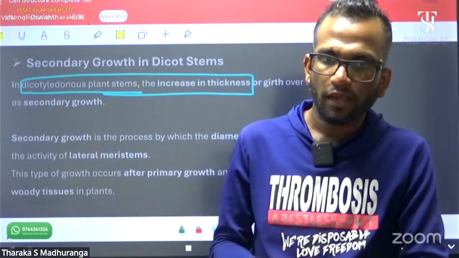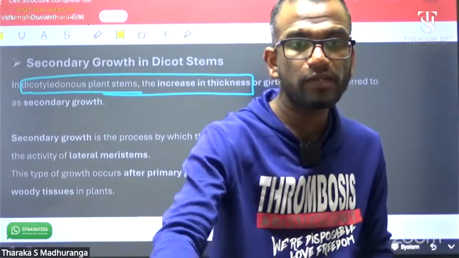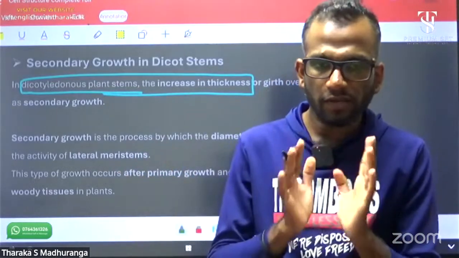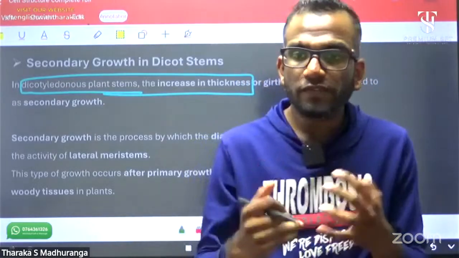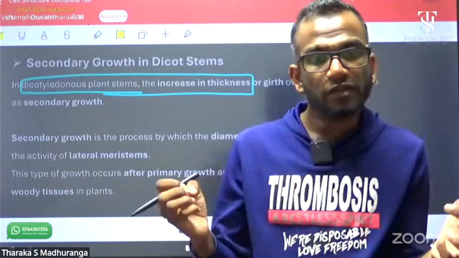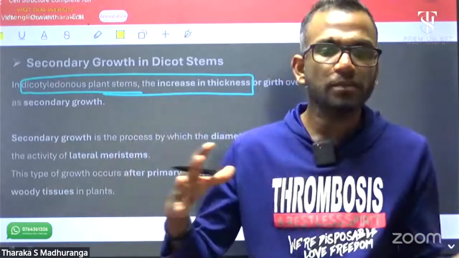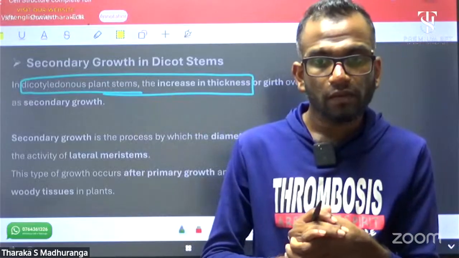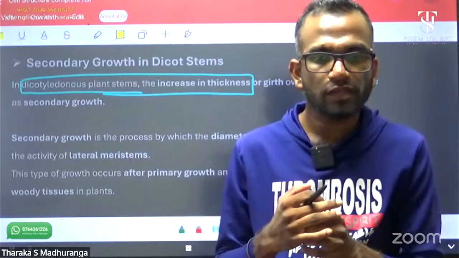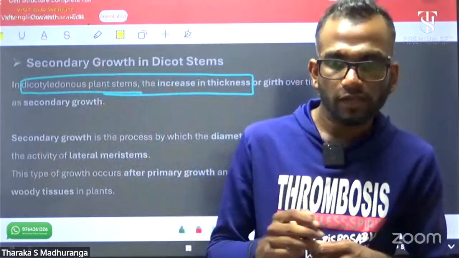Understood, Amina? The secondary growth of dicotyledon plants. That's the most important part. Without understanding this part, you can't understand anything after it, right? Understand it properly. Okay. What's the meaning of secondary growth of dicotyledon plants, Kabir? Increase in thickness after primary growth. After primary growth, the thickness of the dicotyledon plant's stem increases. Okay, send me a response. I got the meaning of secondary growth first, then I can explain what happened in secondary growth, what internal changes come in secondary growth.